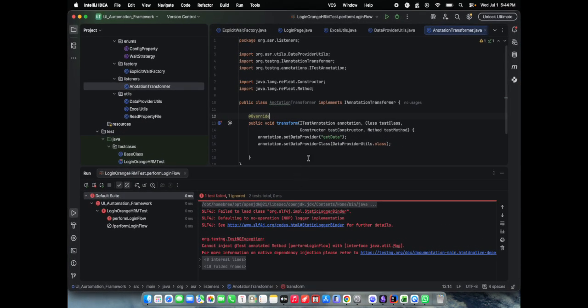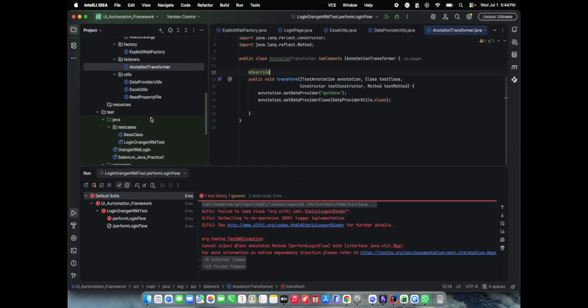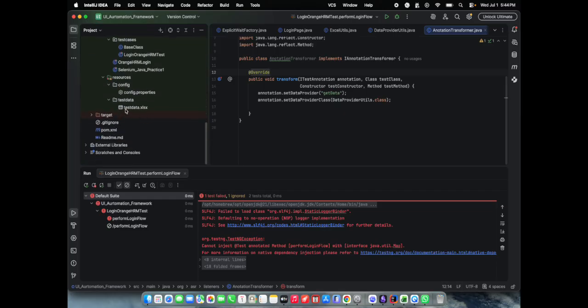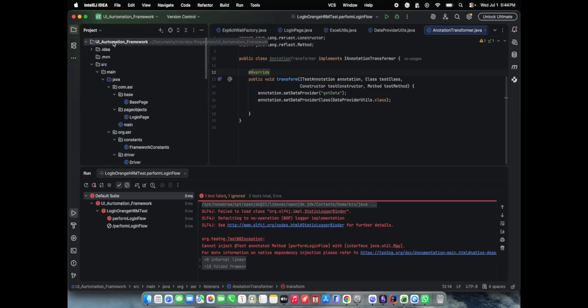Once we are writing this annotation transformer, then we should have one test class here, testng.xml, so that we can create